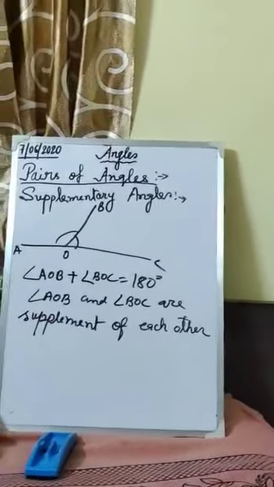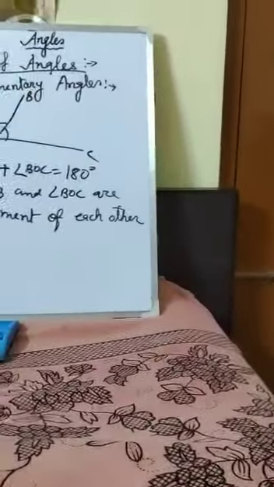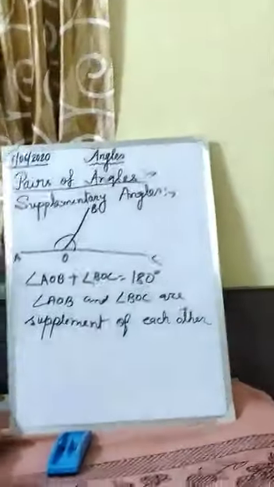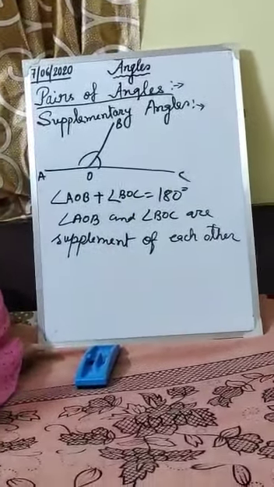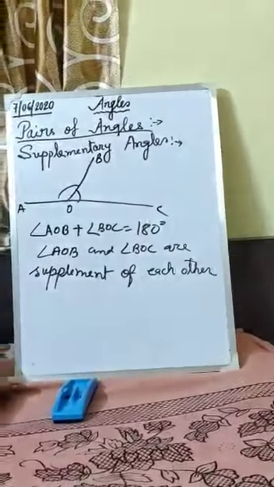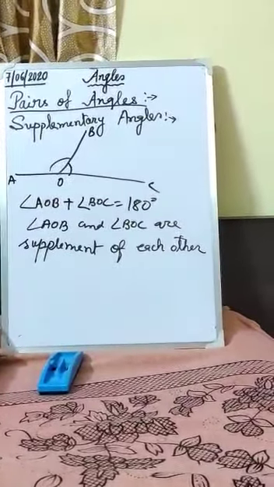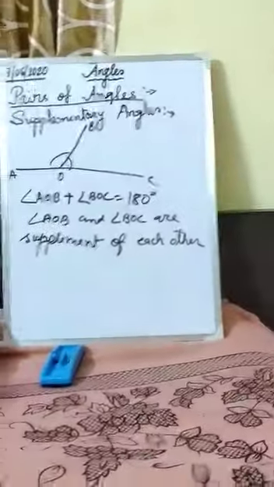Got it? Now next class we will do some example sums and also start what is a transversal of two lines and the different exterior, interior and other angles we have to learn. Before that, you should write down all the definitions along with the diagrams in your geometry copy. Thank you.